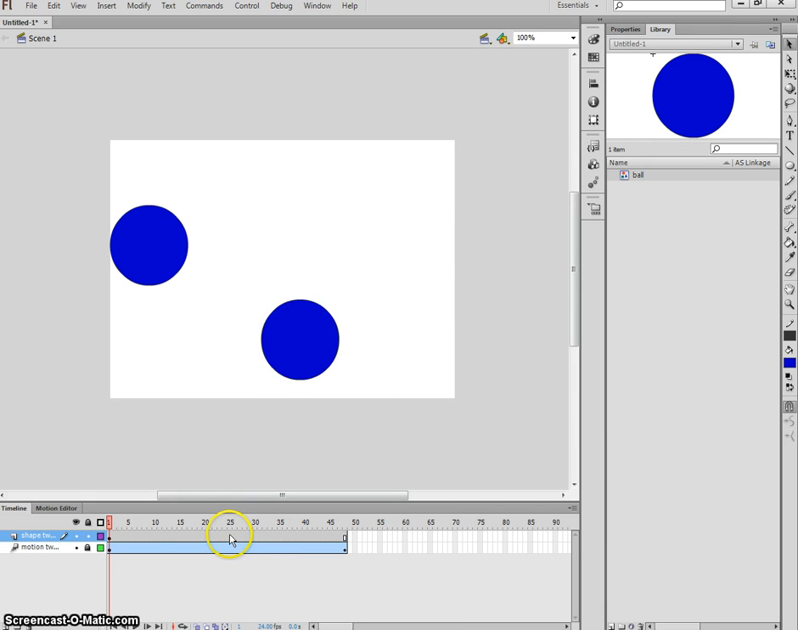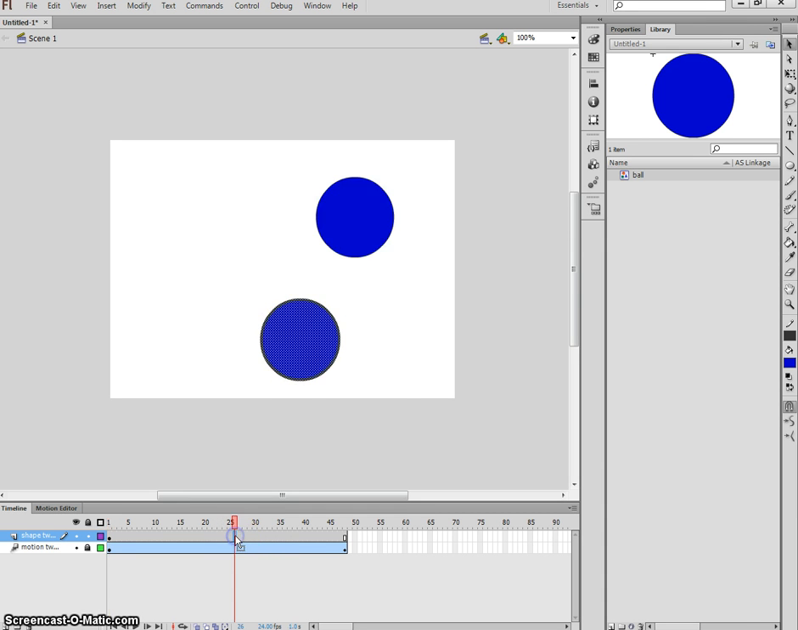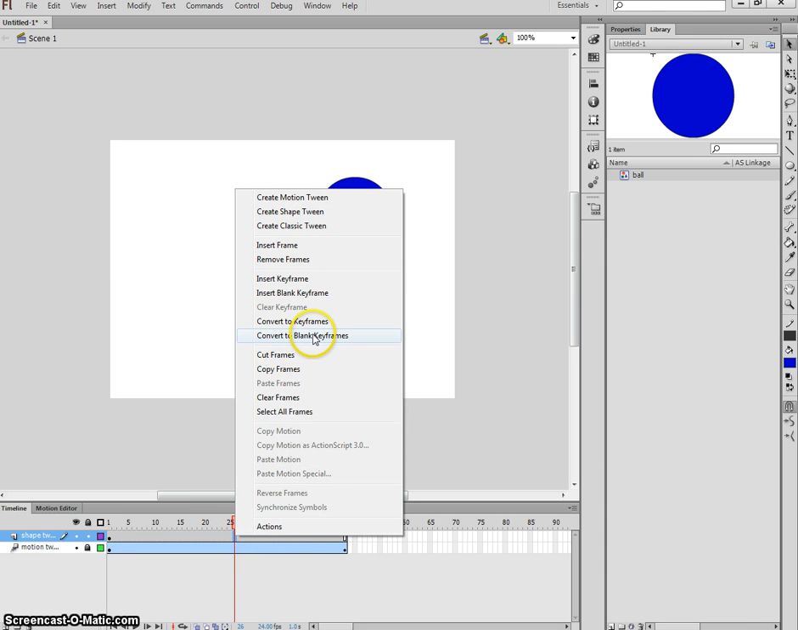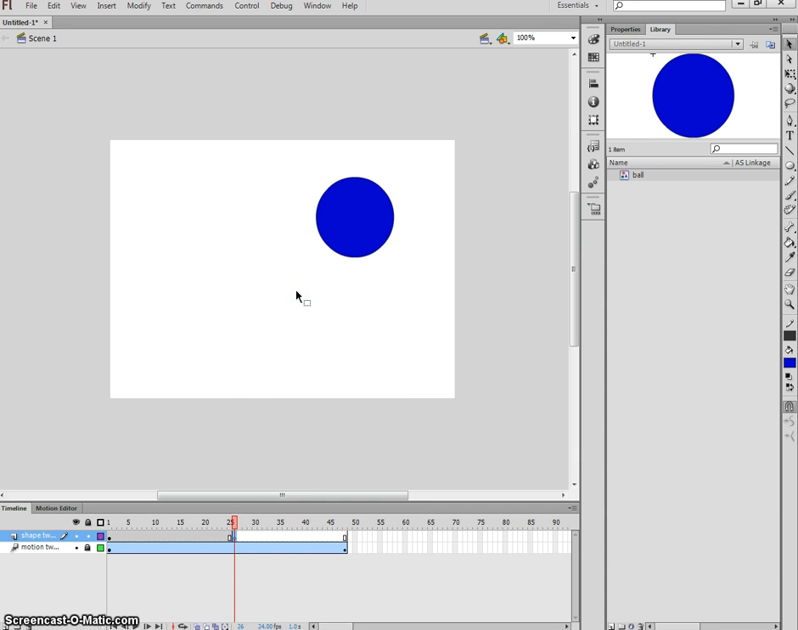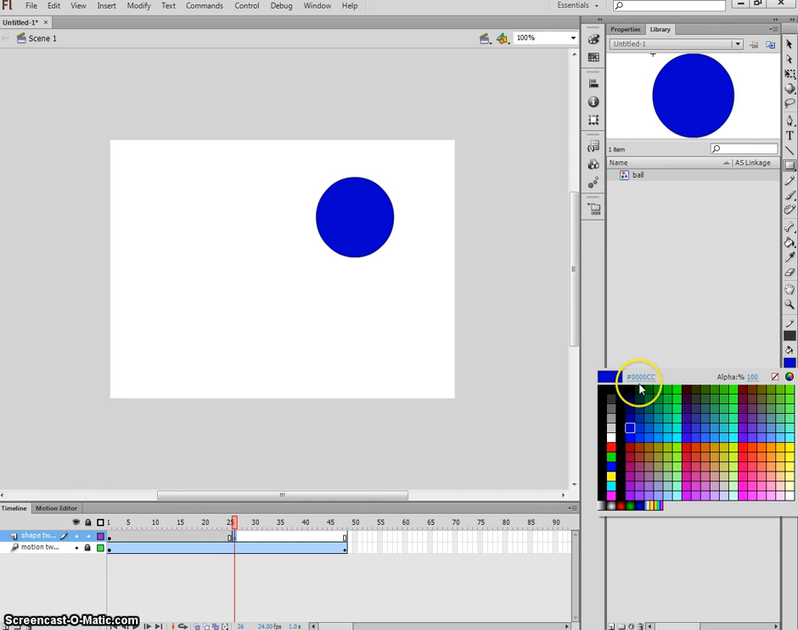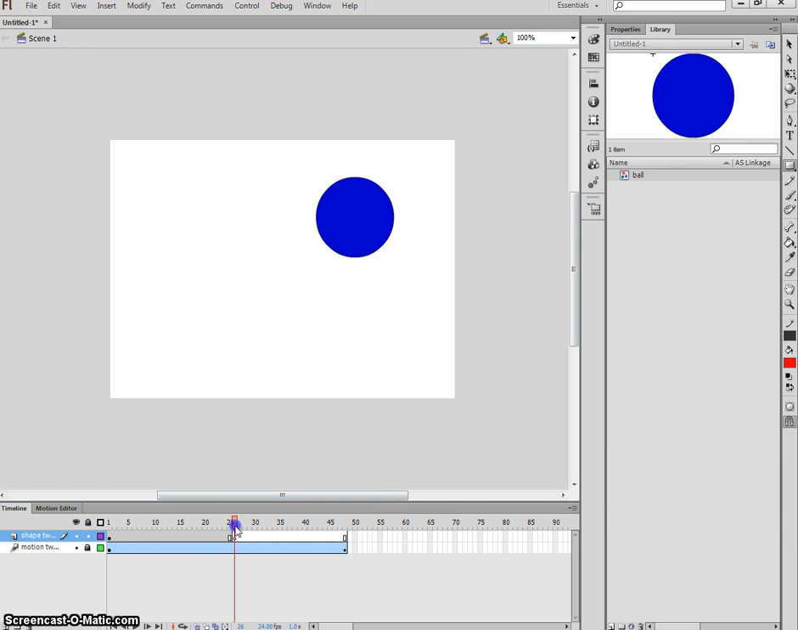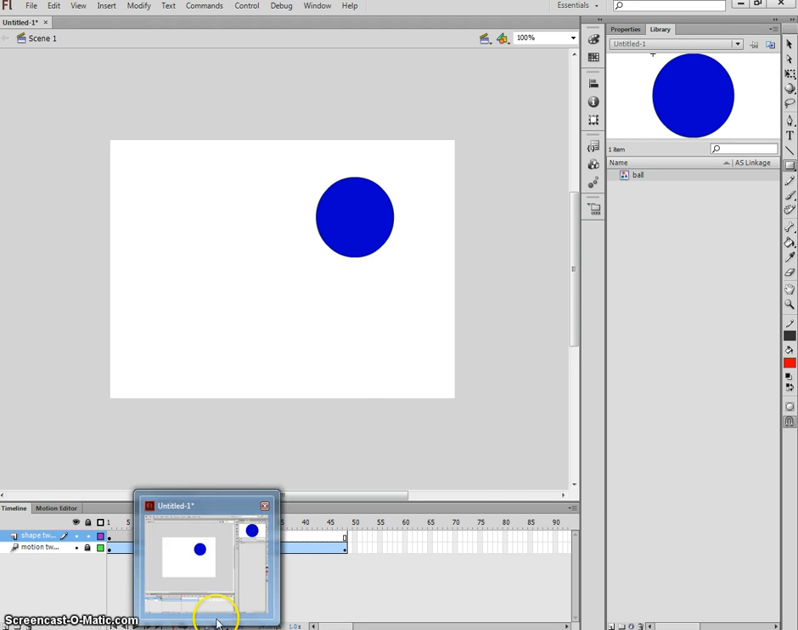So what I have to do is insert a blank keyframe. Insert a blank keyframe. And then I have to insert a new shape. So let's go for a red rectangle. Here's a little trick. I want to make sure it's in the same spot. There's something here called,